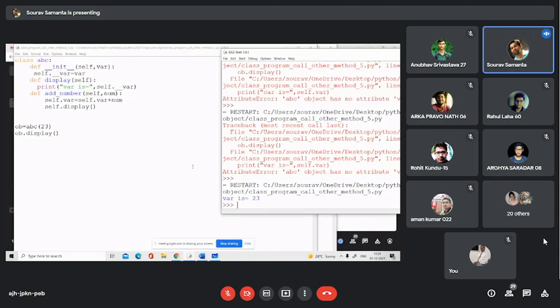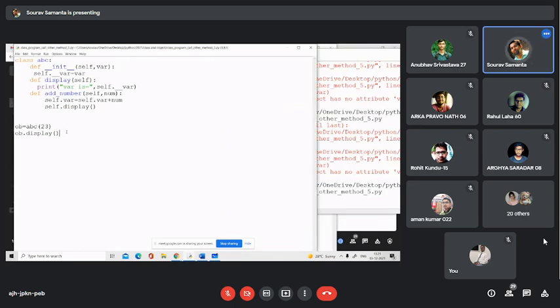So in this particular program, the objective is to call one method, the display method, from another method that also belongs to the same class, that is add number. Now we have created the object OB of ABC with 23. So the value is assigned, and we have also displayed the value using the display function. Now we will add OB equal to